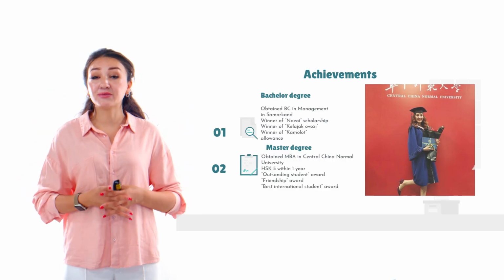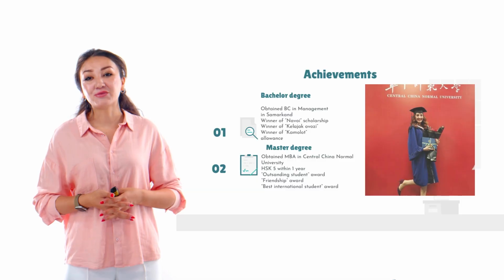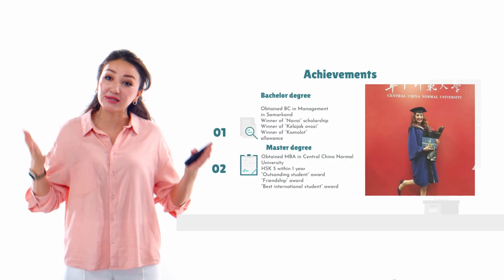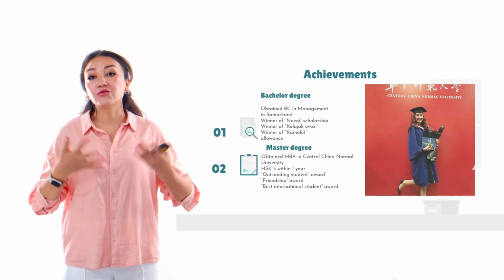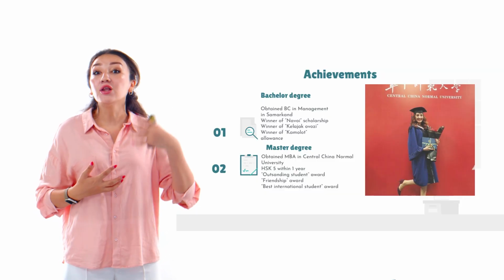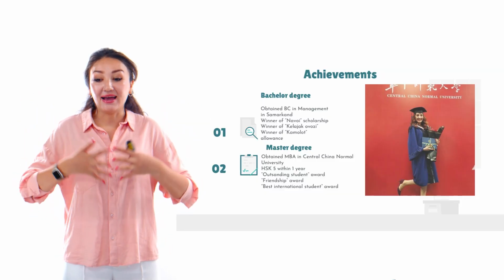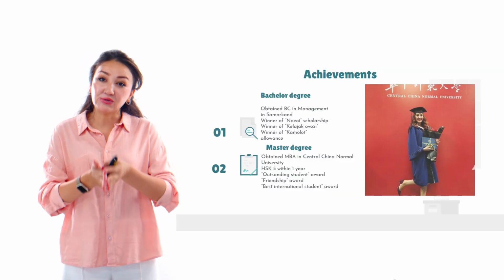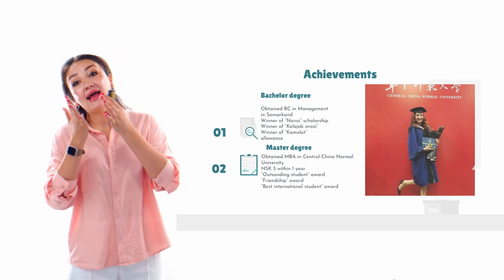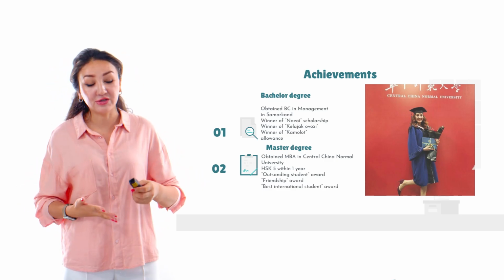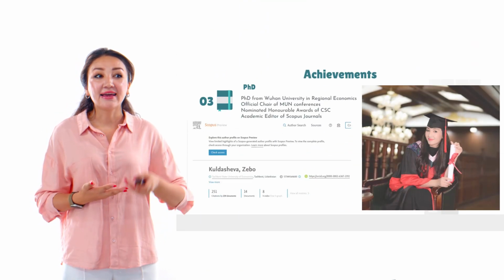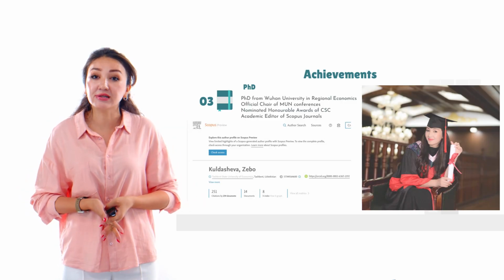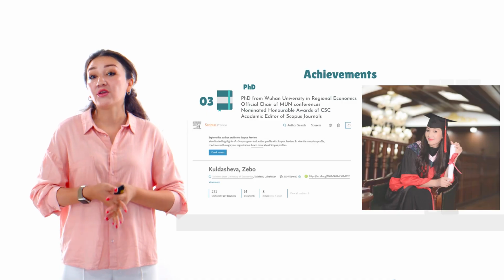I can speak Chinese fluently and English fluently. Knowing languages opens up a lot of new knowledge, so that you can learn the new world, the mystery, so to speak. That's why I really urge our students also to be fluent in another foreign language apart from Chinese and English. And I received my PhD from Wuhan University, which is considered one of the top